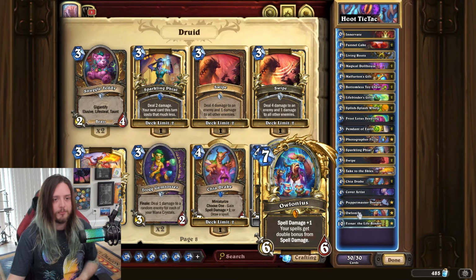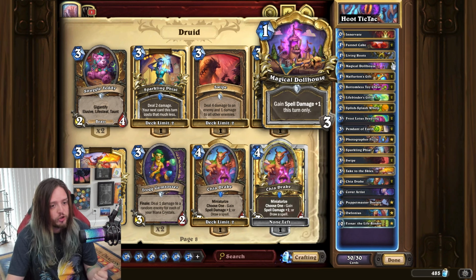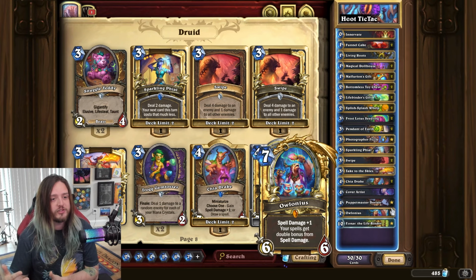Let's give this example. Let's say that we have a Magical Dollhouse on the field already, and we have our Dorian value that we got from our Pendant of Earth, and we have 2 Onyxias in hand. We have a 1-mana Onyxia and a 7-mana Onyxia. If there is a way to build up enough spell damage, you play the Magical Dollhouse, you activate the Magical Dollhouse, you play the 1-mana Onyxia, you have 2 spell damage that is getting doubled,